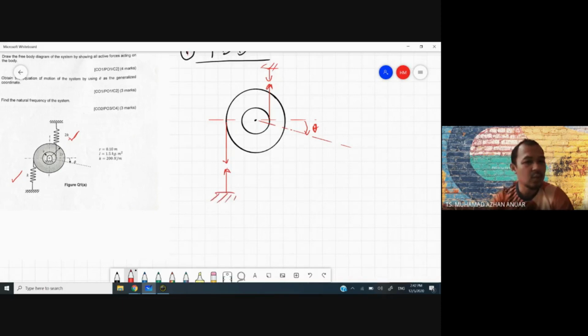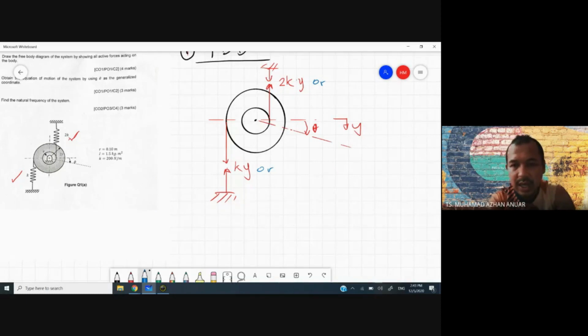Okay, so now we represent the force for both springs. For this force we have 2K, for this force we have 2K, and for this one we have K. But this is not a force. Remember, you cannot put 2K and K in the FBD. You should present the force in the FBD. So in order to make it a force, we can write it as 2KY, let's say we put a coordinate Y. Let's say we put it as 2KY. But in this question, there is no Y coordinate. So we can represent this one as...